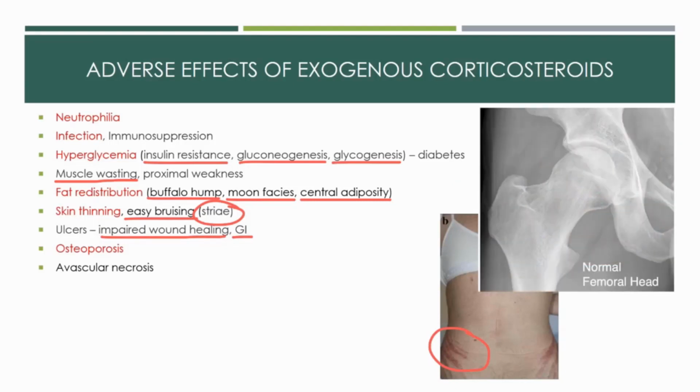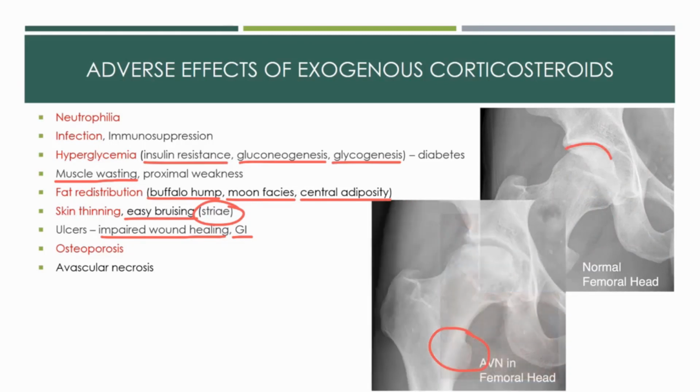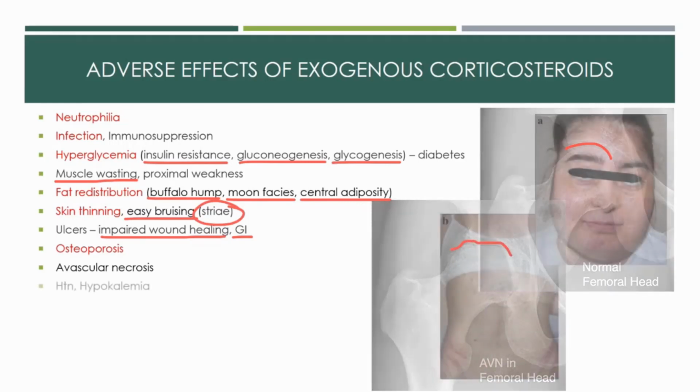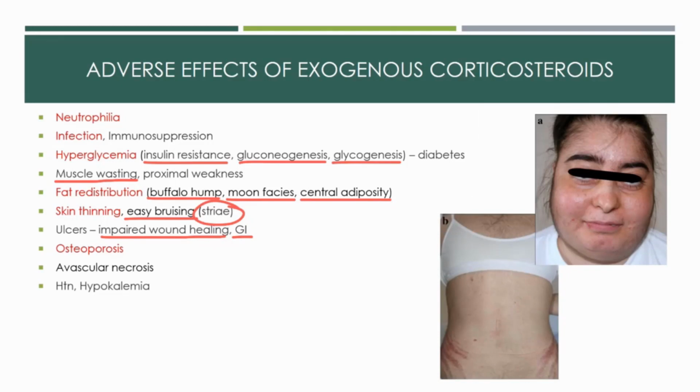This is a normal x-ray of the hip, and you can see the head of the femur has a nice smooth contour that mirrors the shape of the acetabulum. With necrosis, the femoral head becomes jagged and irregular. A few other side effects to mention. Certain steroids can have some mineralocorticoid effects in addition to their glucocorticoid effect. This will look like hyperaldosteronism, which will lead to sodium and fluid retention causing hypertension, along with increased potassium excretion